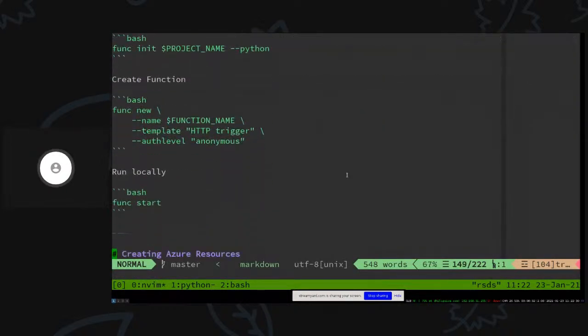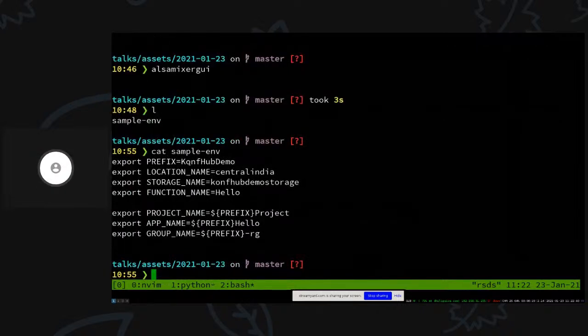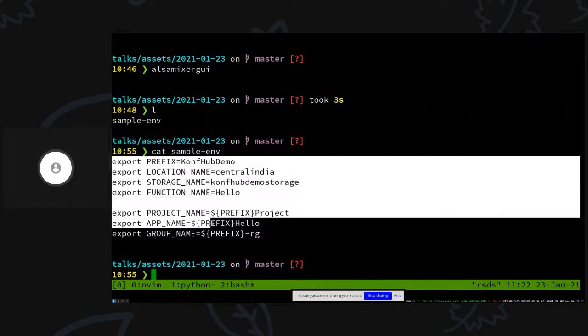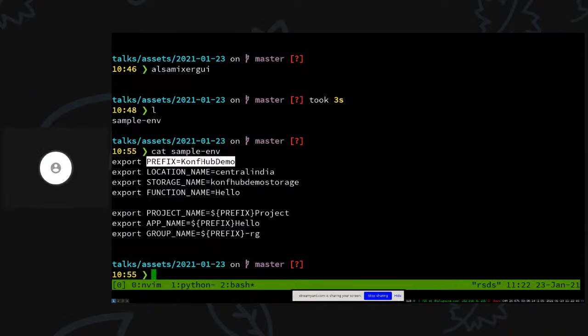So for ease of use, I've declared some environment variables. As you can see, there are some environment variables. I'll just show the environment variables that I'll be using here. I've set up my environment variables over here. For example, everything is going to be prefixed with the confab demo, and the location that I've chosen is